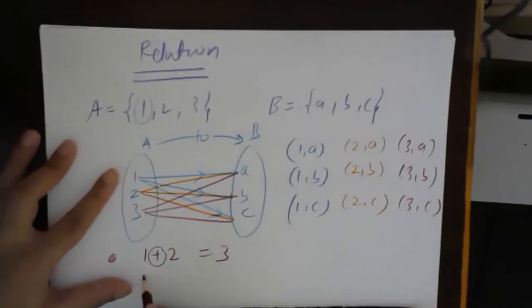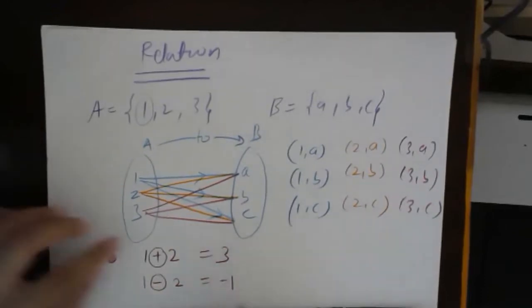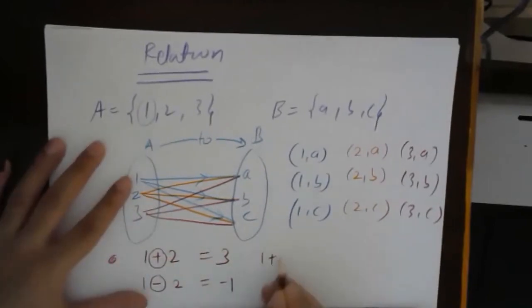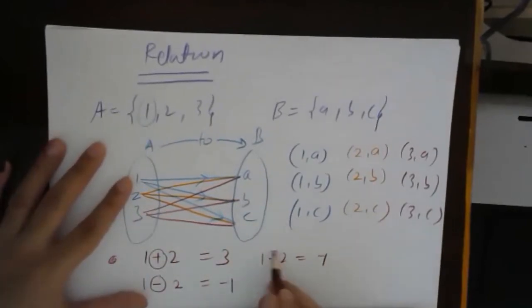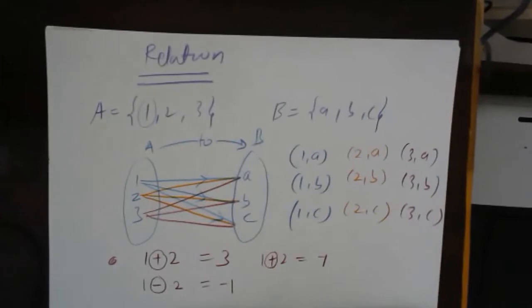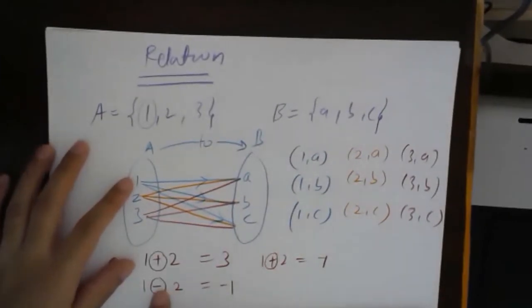So suppose I'm writing 1 minus 2, this will give you minus 1. So this minus notation will be the same for everyone. It is not that you will take this notation as something else. So you cannot write 1 plus 2 as minus 1. And you will say, sir, I will assume this has to be subtraction. For your sake, you can do that. I'm not saying. For your sake, you can take this as minus. You can say, sir, I will represent this with minus and I will represent this with plus.